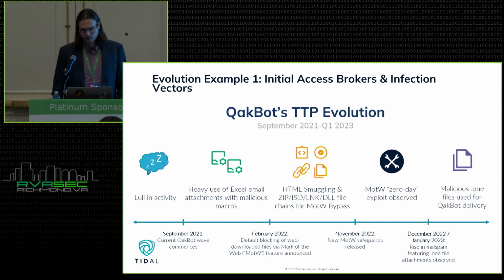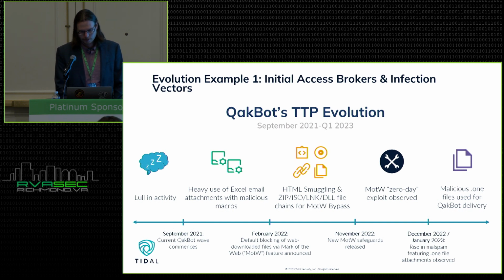It's a specific Microsoft file type that was being used for Cacbot deliveries then as well. So the 0 day was not heavily observed or used in the wild, but what we saw was a shift to the OneNote files, which were a little bit successful in bypassing the latest safeguards. So if it's not apparent, behaviors are constantly shifting to perform these infection chains, and this is all setting aside, again, the extremely long list of IPs associated with the Cacbot C2s, not a super common phishing vector, mostly through,